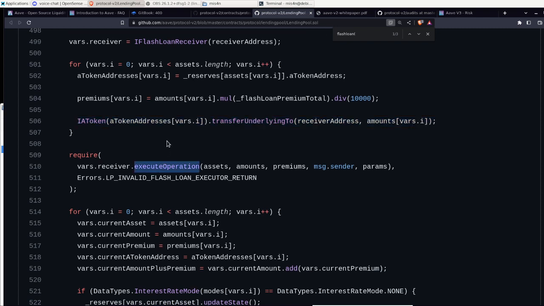Now, this is probably the function you need to implement in your smart contract to execute the flash loan. So when the money hits your smart contract, this execute operation probably will be the one making sure you're returning a true.